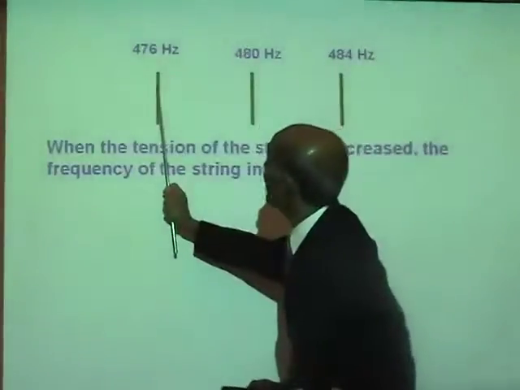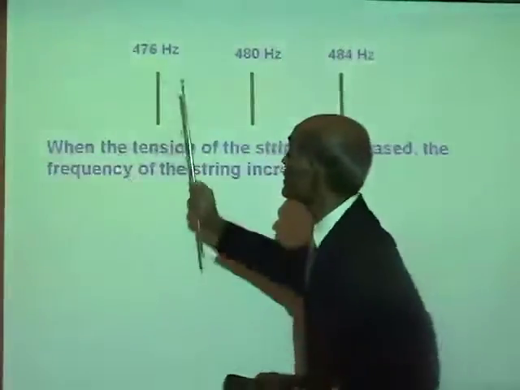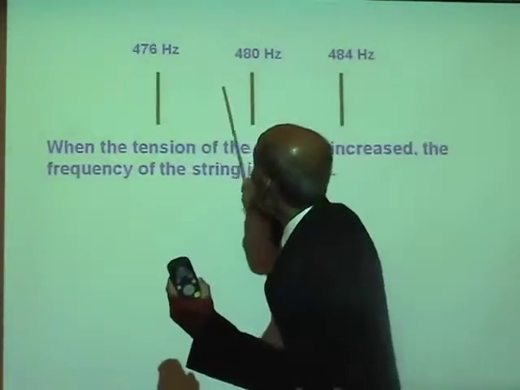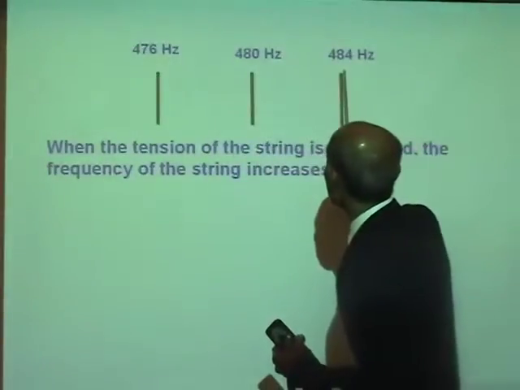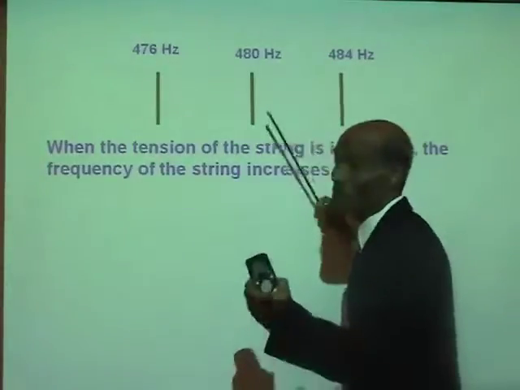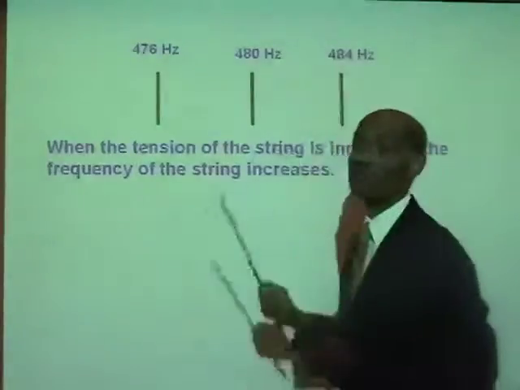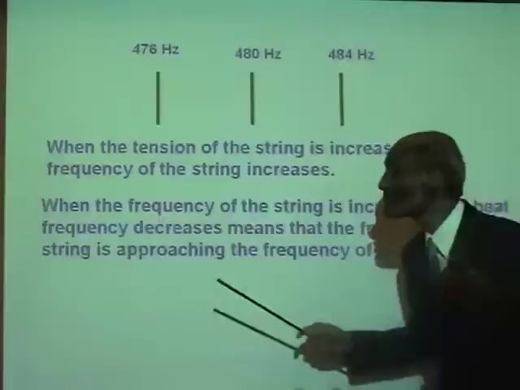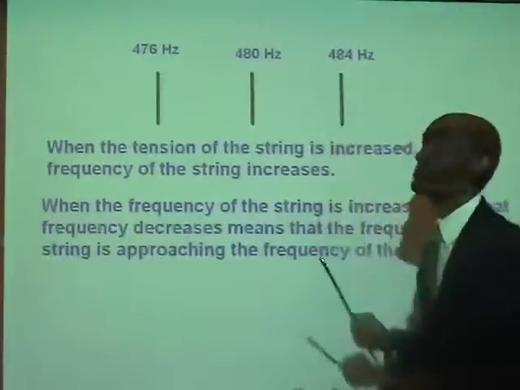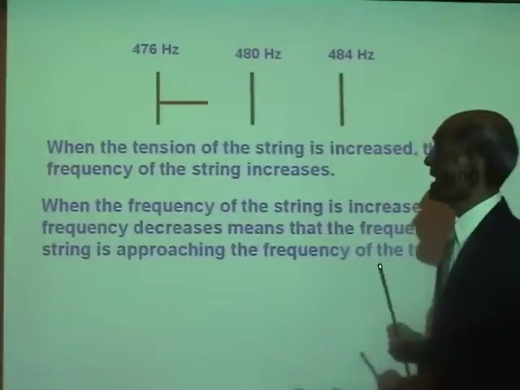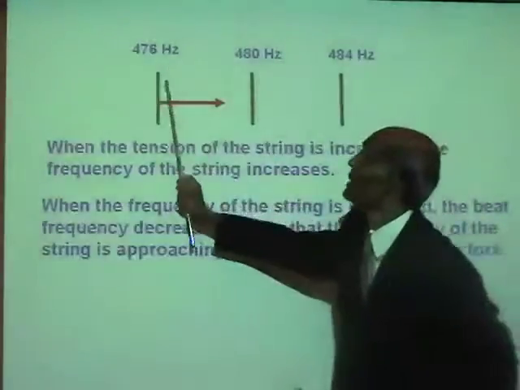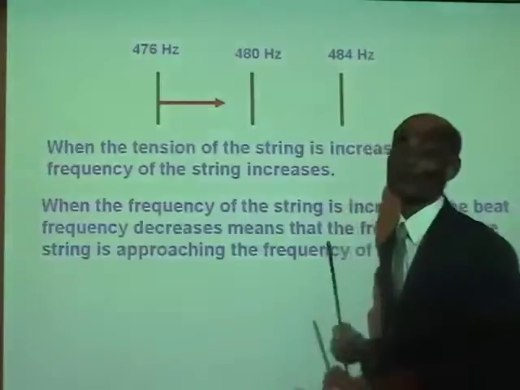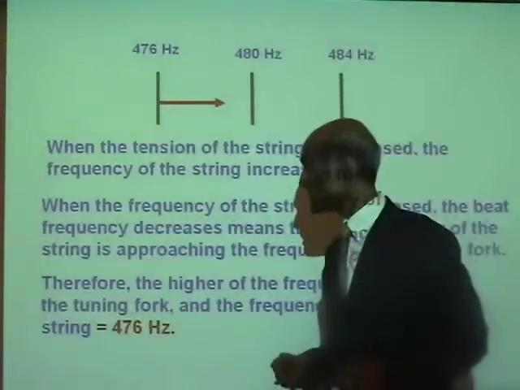That means if it is 476, when the tension is increased and the frequency of the violin string increases, the beat frequency must decrease. On the other hand, if 484 is the actual frequency of the violin string, then an increase in the tension should result in an increase in the beat frequency. Now, what happened actually? When the frequency of the string is increased, the beat frequency is found to decrease. Therefore, tell me which of these values is the actual frequency of the violin string. Well, this is the frequency of the violin string, because from 476 you increased it slightly, then the beat frequency decreases. So this is the value of the frequency of the violin string and not 484. So the frequency of the violin string is